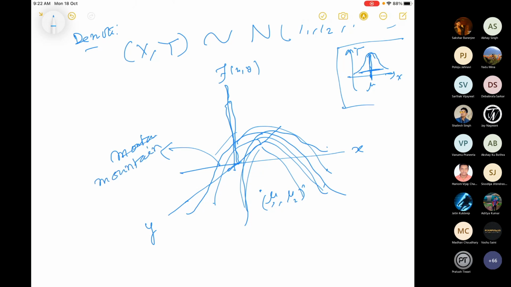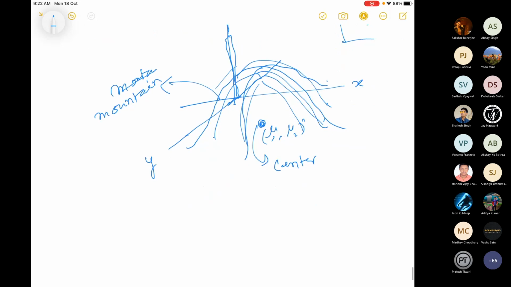Mountain. This is like a mountain. And this part is centered around the center of the mountain. The center of the mountain is actually (mu1, mu2). And sigma1 square and sigma2 square